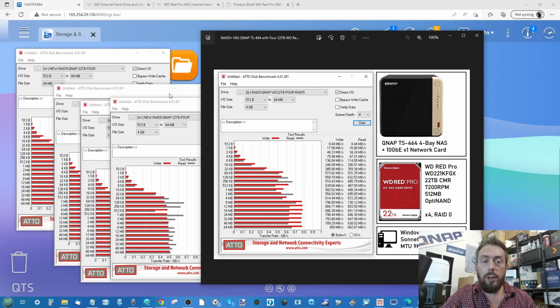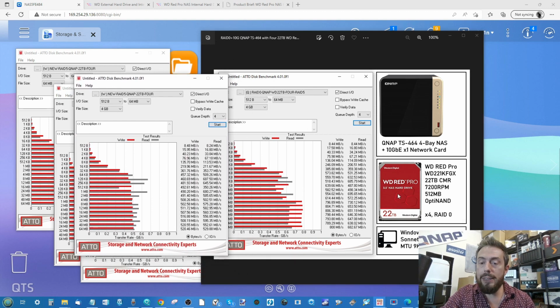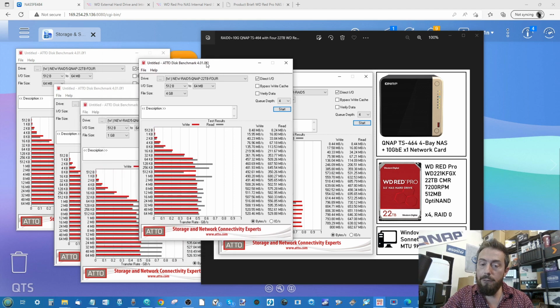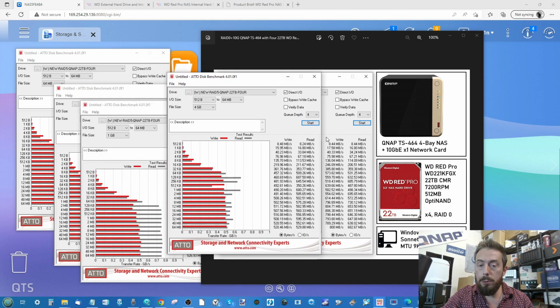So if we look at the 4 gigabyte test with the RAID 0 on the right and the RAID 5 on the left and bring those side by side, we're able to see again the read performance still continues to be high, but this is where we started to see the write performance get a lot more throttled on the RAID 0, and that's something we've seen happening on the RAID 5 configuration as well. Still markedly higher in RAID 0 throughput